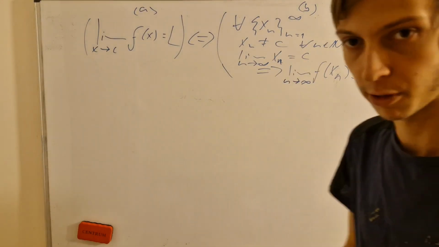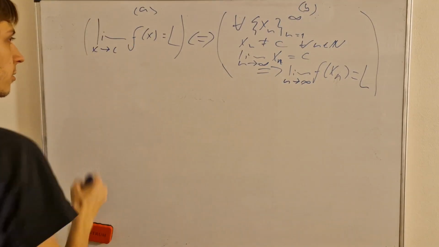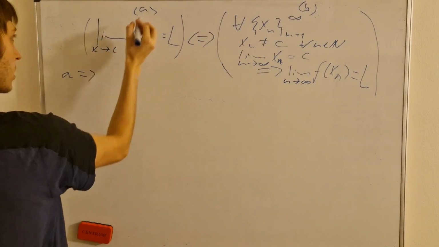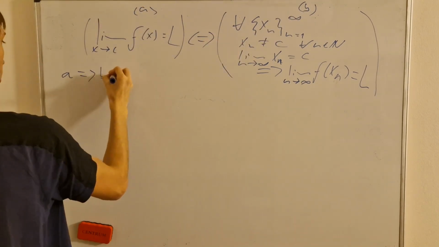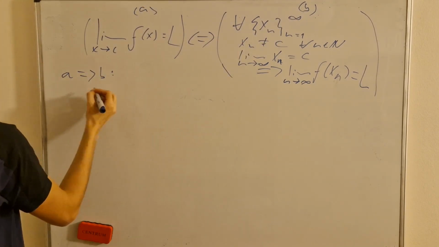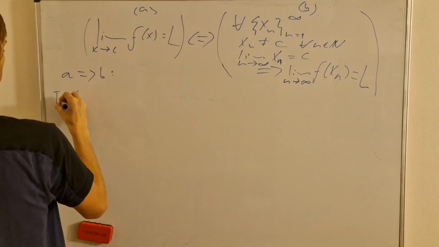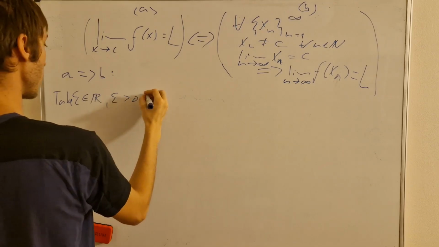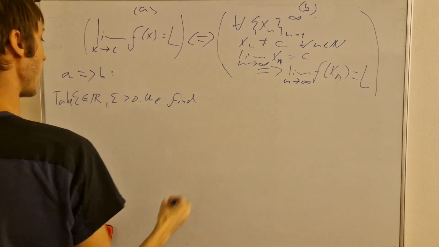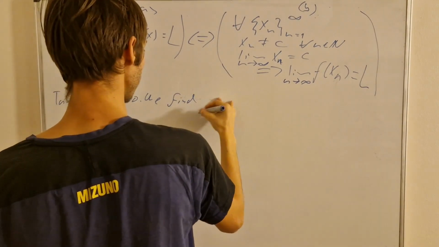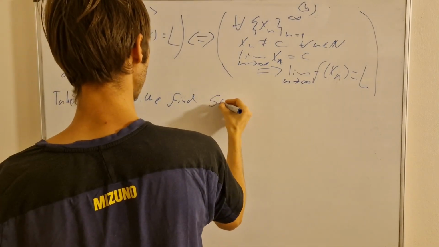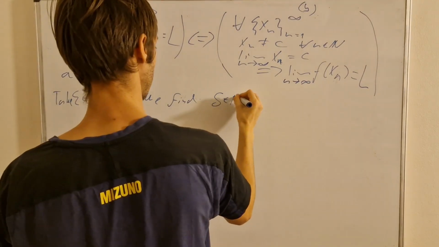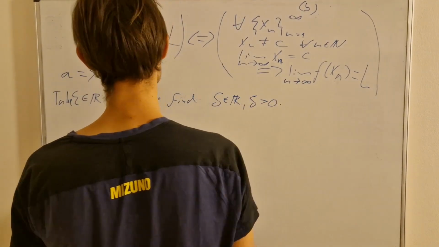So these two things should be equivalent. We can prove the implication of this towards this and this towards this. So A towards B is this one towards this one as an implication. Well, let's take a real epsilon higher than 0, and we then find, by my limit definition, a delta, a real number higher than 0,